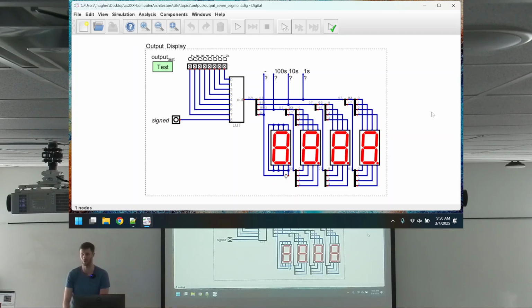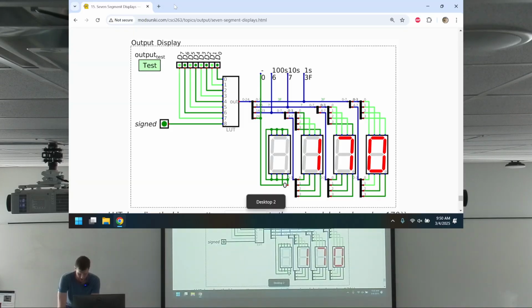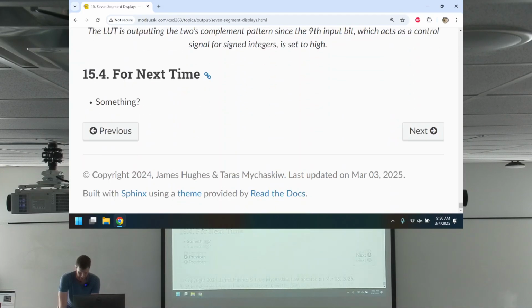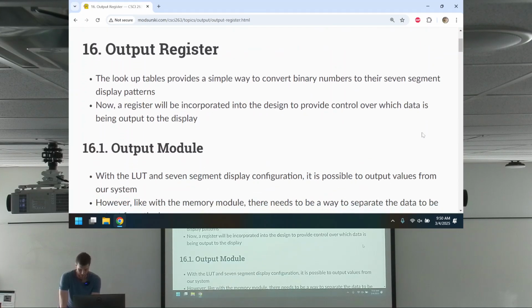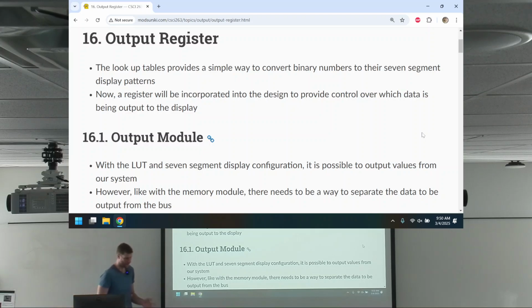Cool. Last chance for questions before we move on. So, now the question is, how do we add this to the system? Well, remember